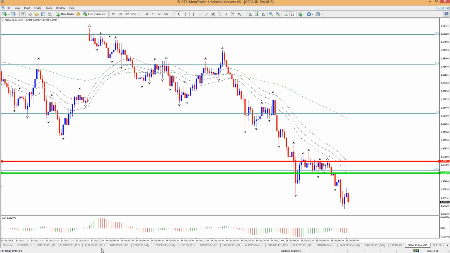So I could look at New Zealand CAD because it has 2 majors in it. I mean, not that New Zealand and CAD are majors, but they're at least major minors. Let me say it this way. Or the Euro Yen is logical. But how many trades do I execute a day? Well, typically 1 or 2